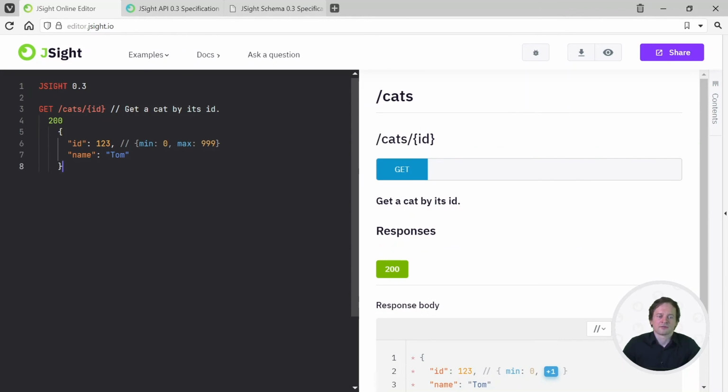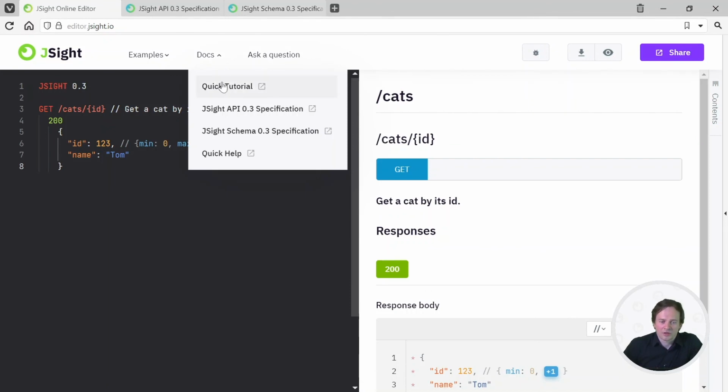So I have described you the main concepts of JSight API language, directives, schemas, and rules. So now you can start to describe your own APIs. You can find all the detailed documentation in the docs section. Quick tutorial, JSight API specification, JSight schema specification, but I do recommend you to use quick help, because in